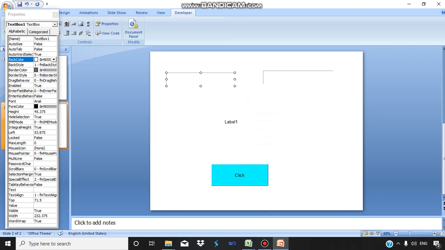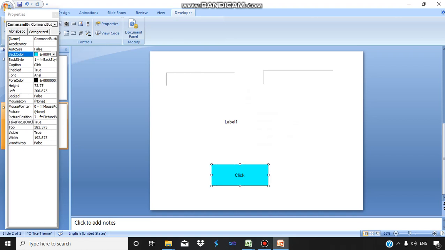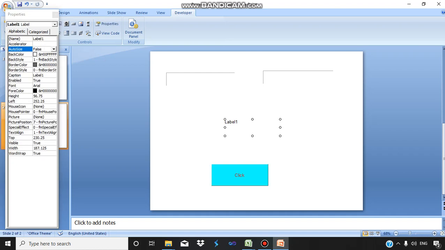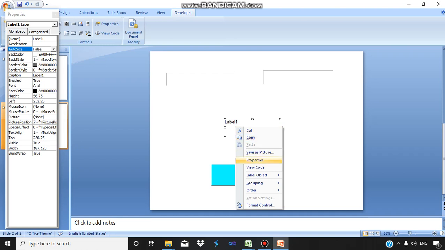If you want to put a border or insert some back style, you can do it from here. Even you can change the fore color like this. Similarly, I will do some editing in the label control.